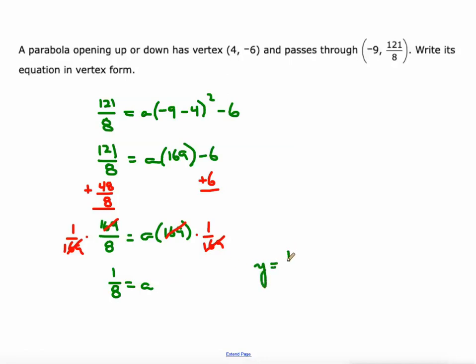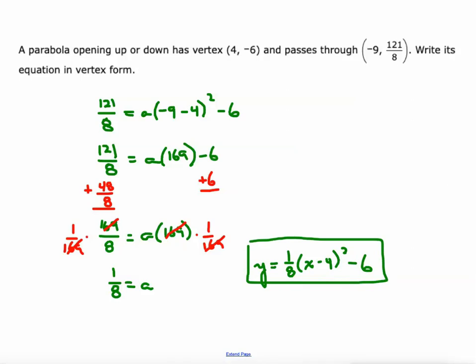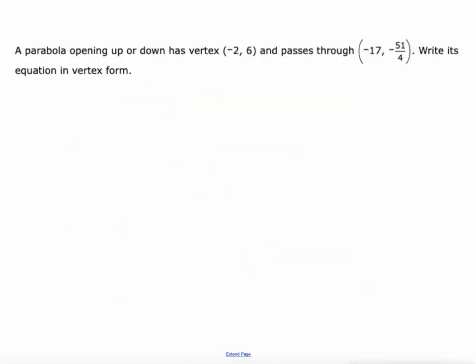Y equals 1/8 times x minus 4 squared minus 6. So there's the equation that relates x and y. One more for you. Similar to the last, and we'll make this the last one here. So our y value, -51/4,